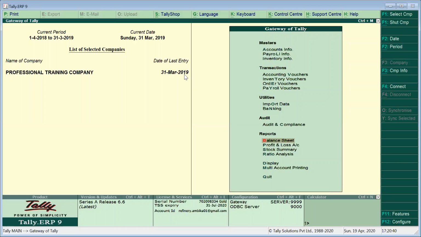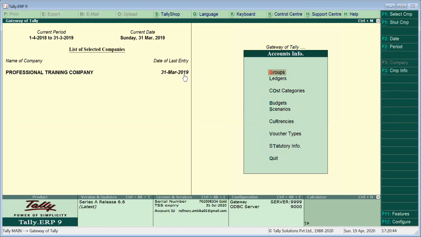So instead of going by arrow key, I will just press A. Look, I am inside the supplementary sheet, and since I told you not other features, group, cost categories, budget, scenarios, I am going to skip all those things. We are just going to concern ourselves in this video with the creation of ledger. So over here I am going to press enter.